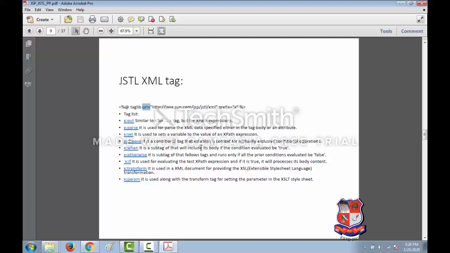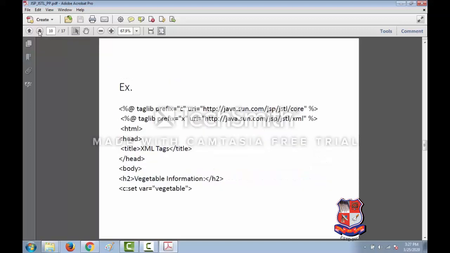Then x:transform, it is used to transform an XML document using XSL, extensible stylesheet language transformation. Then we have param, which is used along with the transform tag for setting the parameter in the XSLT stylesheet. So let's see the example of how we can use this library.